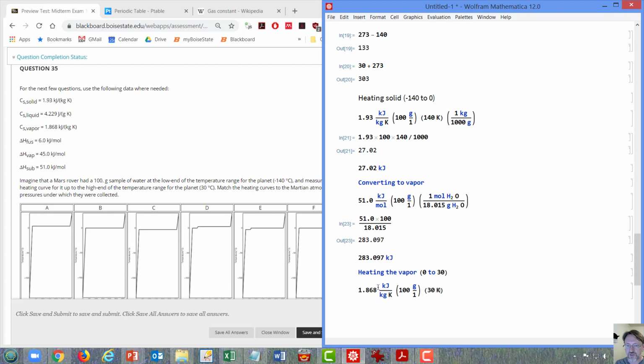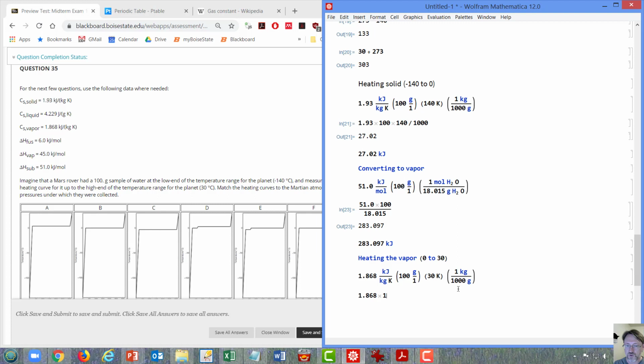Okay, the kelvins cancel. The grams and the kilograms don't cancel yet. So 1 kilogram is 1,000 grams. So our calculation is 1.868 times 100 times 30 divided by 1,000, and we get